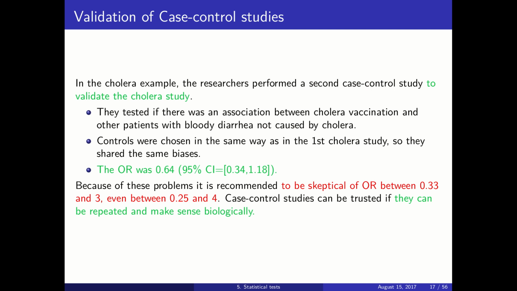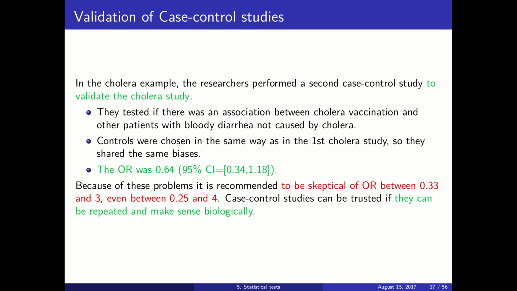Then another way to validate a case control study is to perform a parallel case control study on something that you know is unrelated, but following the same procedure as you had for your primary study, and then this second study will serve as a control for the analysis itself. So they studied whether there was an association between cholera vaccination and other patients with bloody diarrhea not